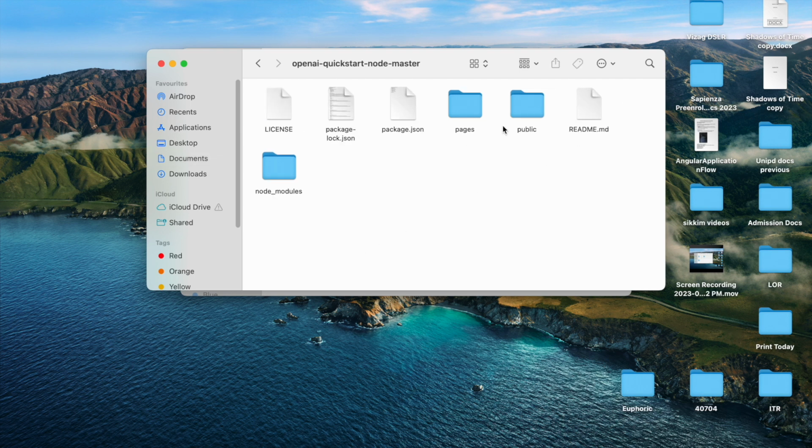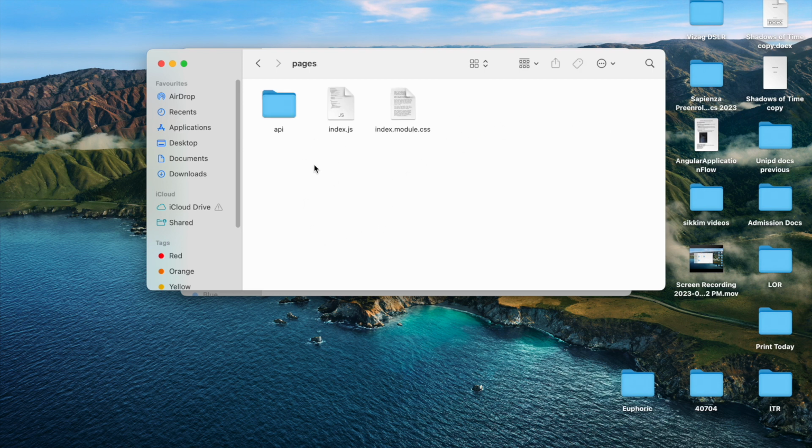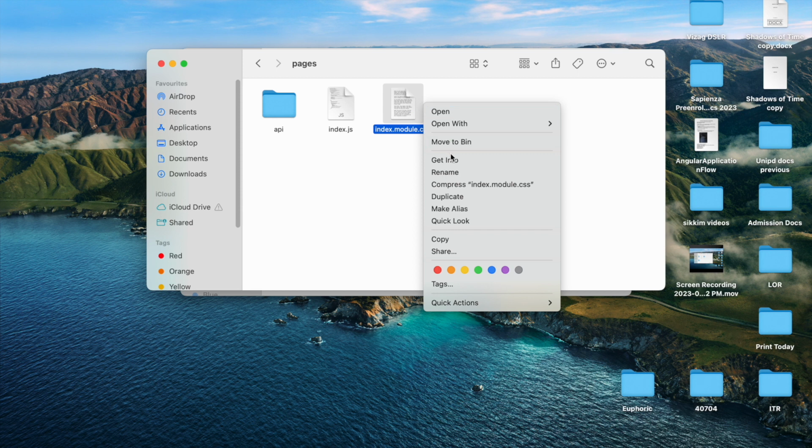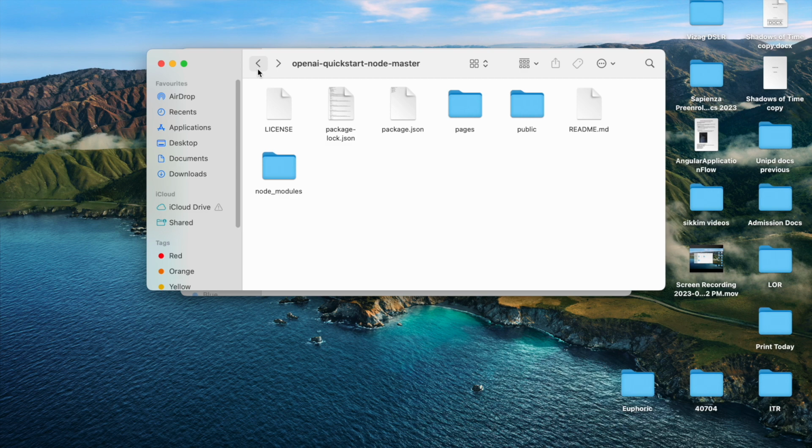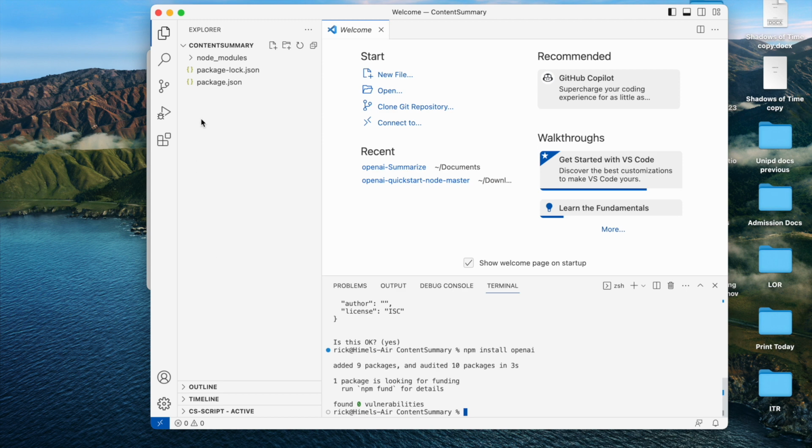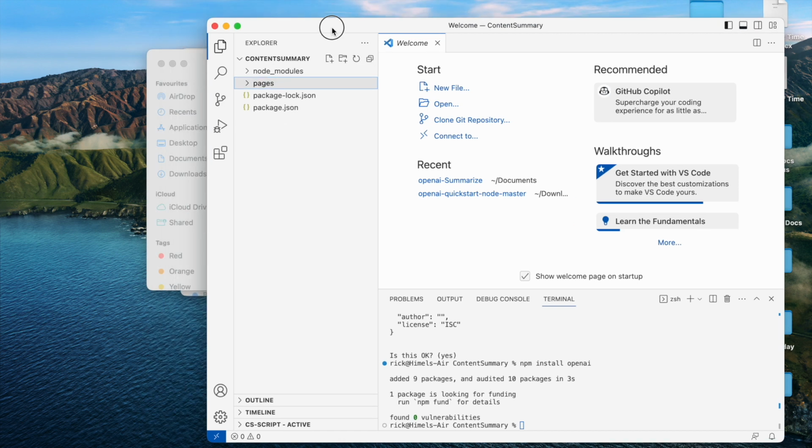So here you can see in the pages they have organized the things. The index module.css, this is something I will require. I'll take the CSS file from here only. In the pages folder. So let's go back to the VS Code and create this particular folder here, pages. Now in that pages folder, if we go back to the documents